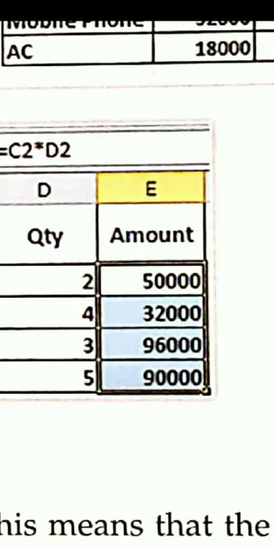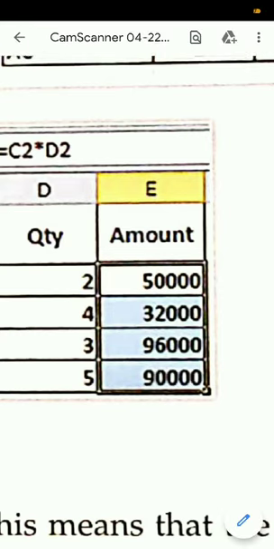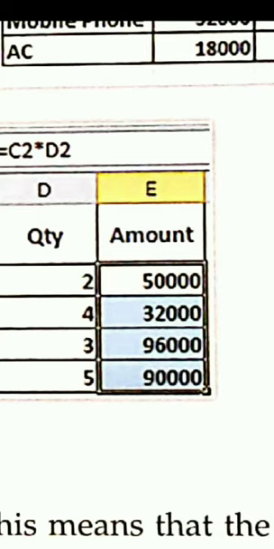Here we are talking about only 4 products. If the products are 1000, and you write the formula again and again in different cells, first at E2 you get 50,000, then at E3 you get 32,000. Writing a formula in such a way is hectic and time taking also. So there is a facility: once you write the formula, it will be copied to the rest of the cells.